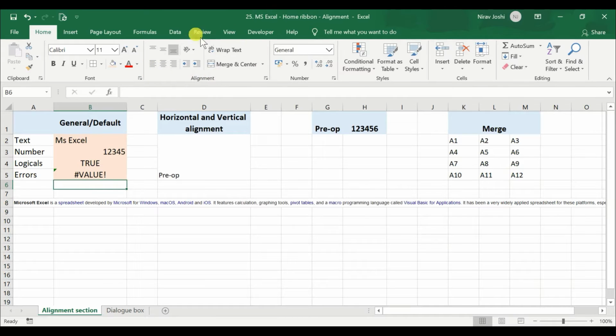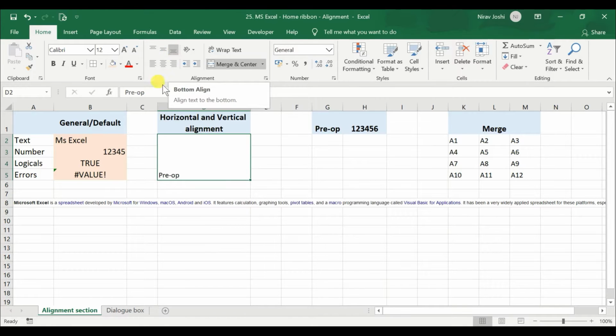Now the options that are available in this ribbon are the most commonly used alignment options. So these are the options to vertically position or align the text or content. If we use this one, it will place the text on the upper part, this will be the middle, and this will be the lower one. Similarly, this is left alignment in terms of horizontal alignment, this is middle, and this is the right alignment.